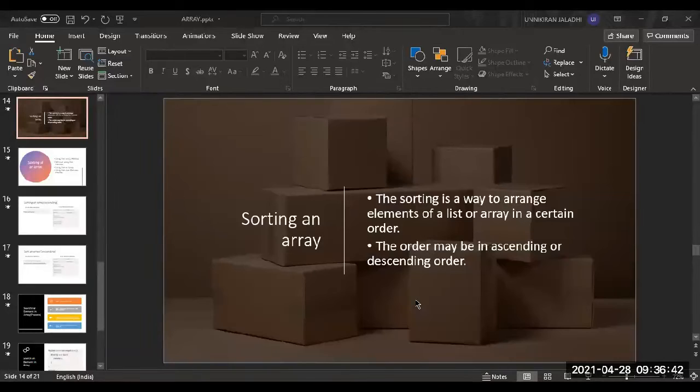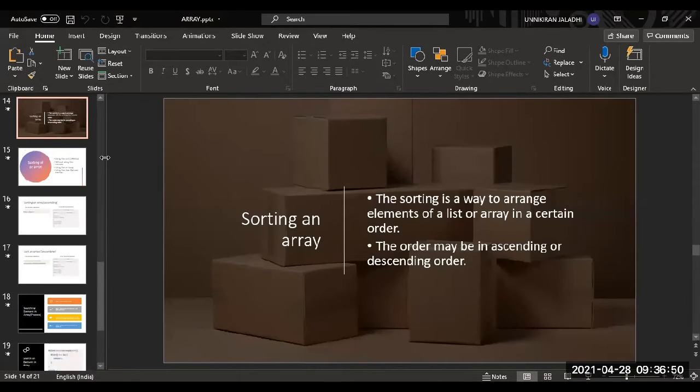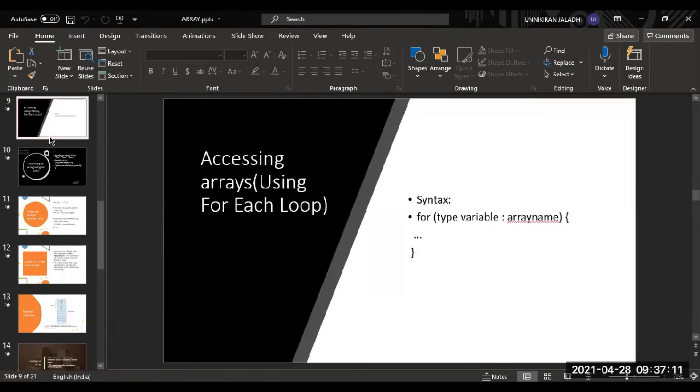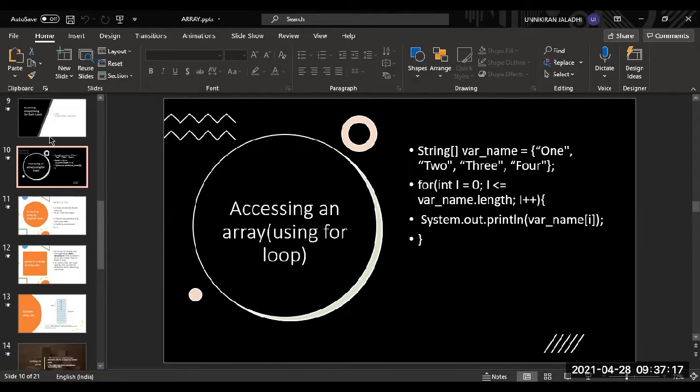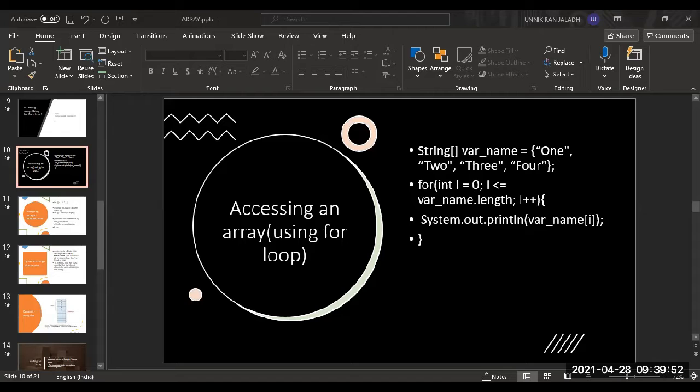Yeah, in the last class, we discussed that there are two types of methods we use to access an array. One is for-each, when you want to access each and every element inside an array. If you are not using that, and you need only a particular element, then we use an index. We also discussed assigning one array to another array.